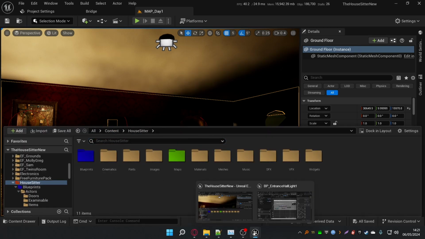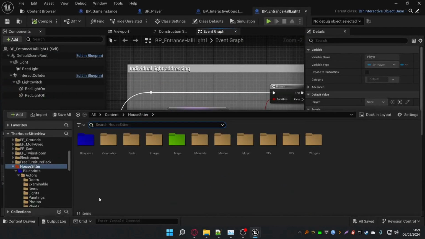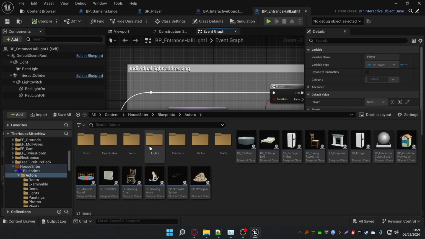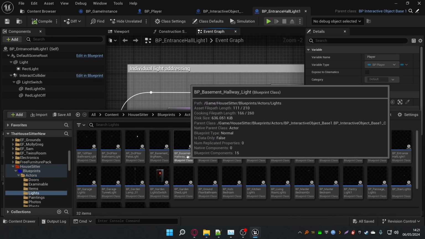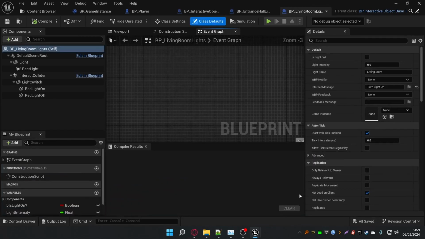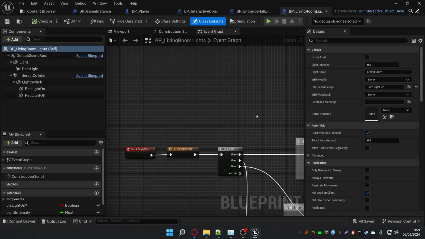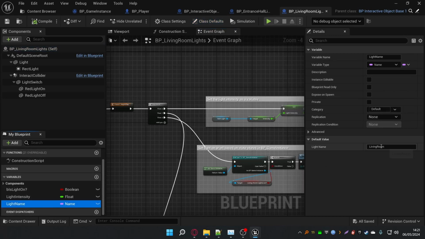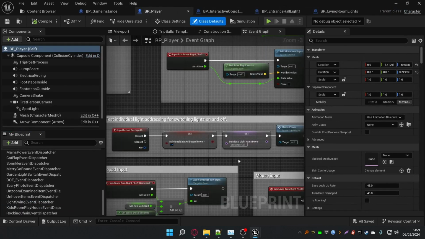What we need to do is, let's just open this window again. And we'll go and find actors, lights, living room, which will be here somewhere. Living room lights. And we'll go and check here to see what the light's name is. It's just called living room. So if we go back into player blueprint and we set this to living room,